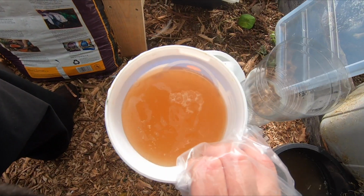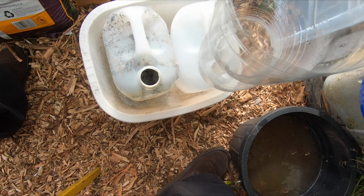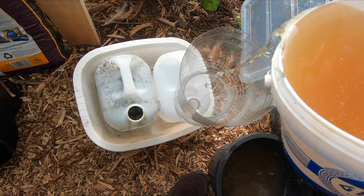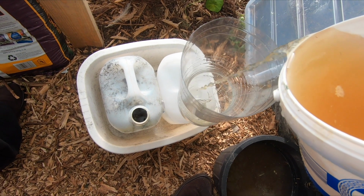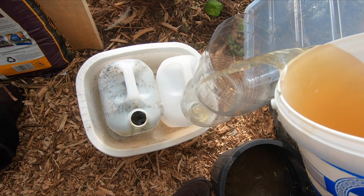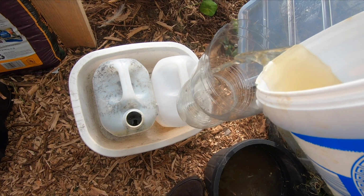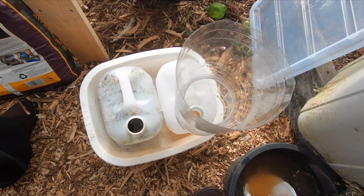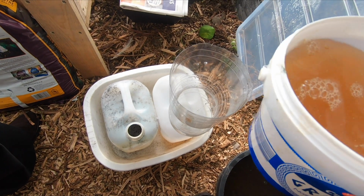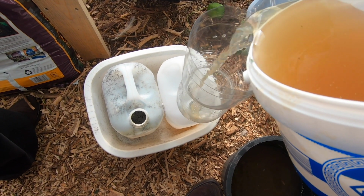Look at the colour of it, full of nitrogen though, and of course the dogs are right there because it smells, and you know what they're like. But this would be marvellous for the plants with all the nitrogen. As you know, you put your vegetable scraps and kitchen scraps in there,